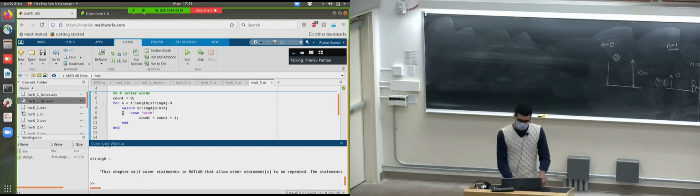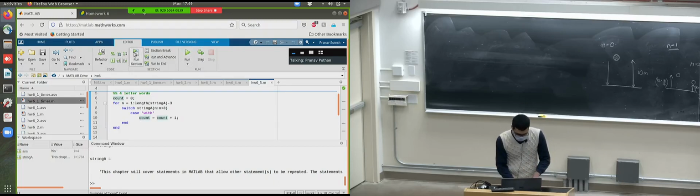So when the comparison is made and when we find a match, this counter, which is the number of occurrences of this word with, actually increases by 1. So here, for example, initially the count is 0. So count is the number of occurrences of a particular substring. In this case, the substring is with. And if I go ahead and run this, I observe that the count is 4. So in other words, there are